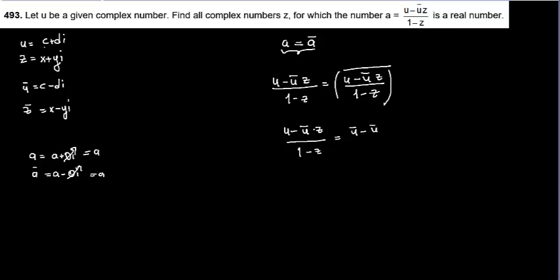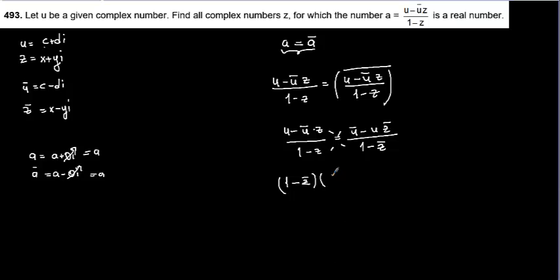First, we need to understand that one. So it's going to be (U and Z conjugate) all over (1 minus Z conjugate). The conjugate of 1 is equal to 1; again, it's a real number and it's going to be itself. And the conjugate of Z conjugate I have written. Now the operation that I'm going to do, I'm going to cross multiply them to get one equation here. 1 minus Z conjugate times 1 minus,